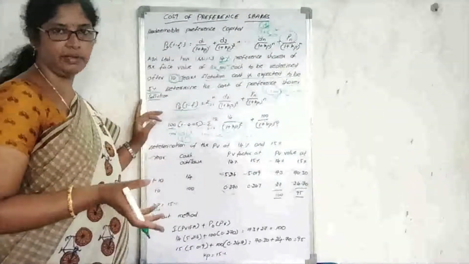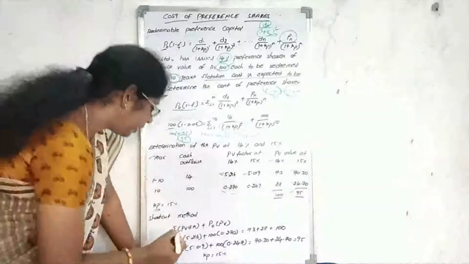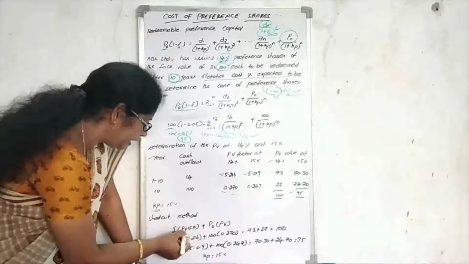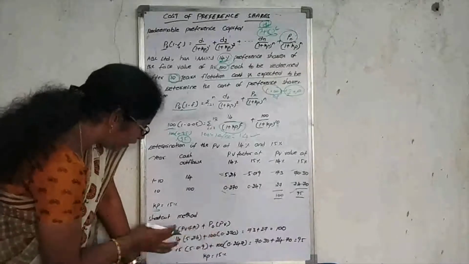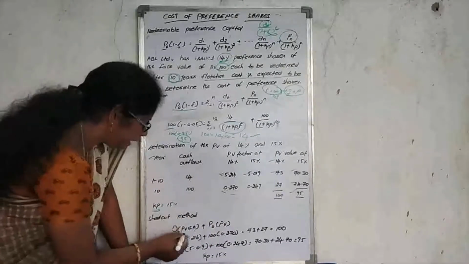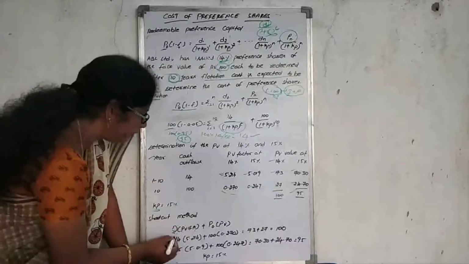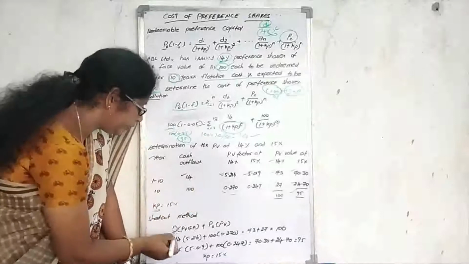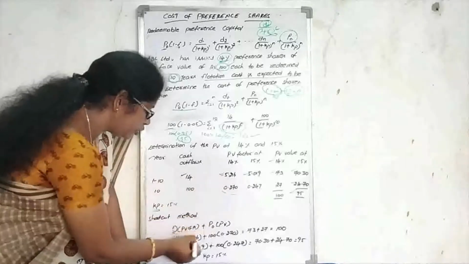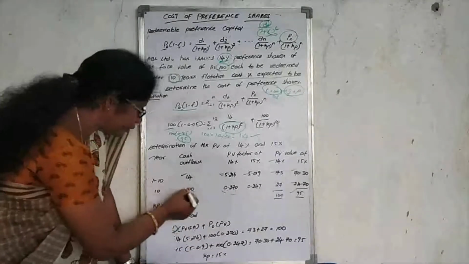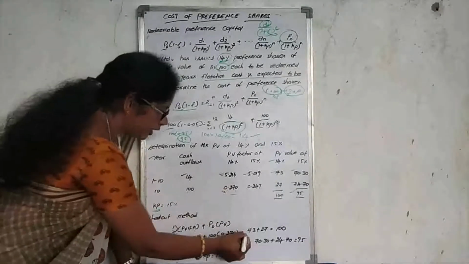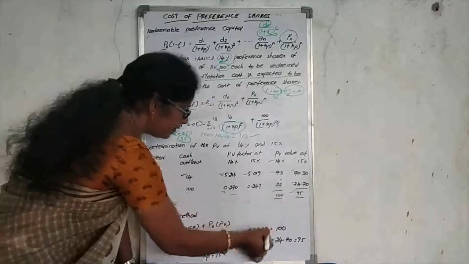So a shortcut method will also be there. We can implement it like that. I into present value of annuity. Simple. What is the I? Dividend, or you can put the notation D. D into present value of annuity. What is D? The dividend value. How much was received here? 14 rupees. 14 rupees into the present value of annuity at 14%, 5.216, plus the principal value, which we are also going to receive, 100 rupees into 0.270. That equals 73 rupees plus 27 rupees, which equals 100 rupees.